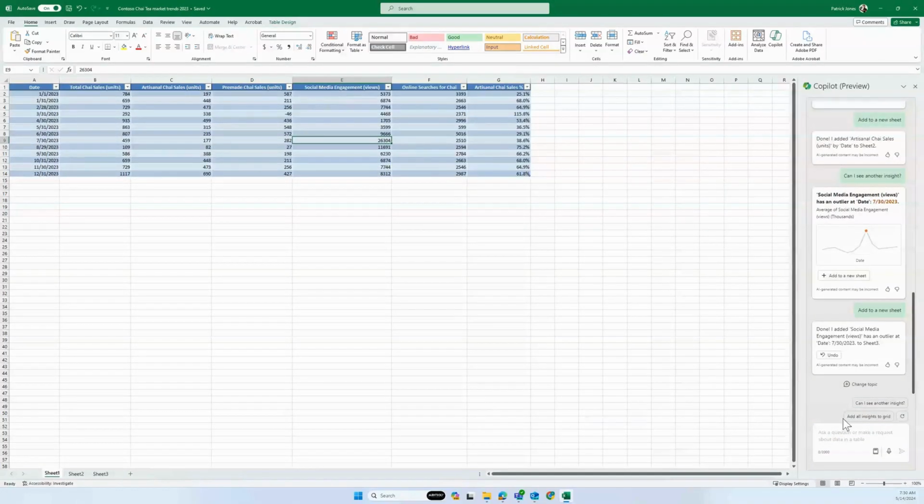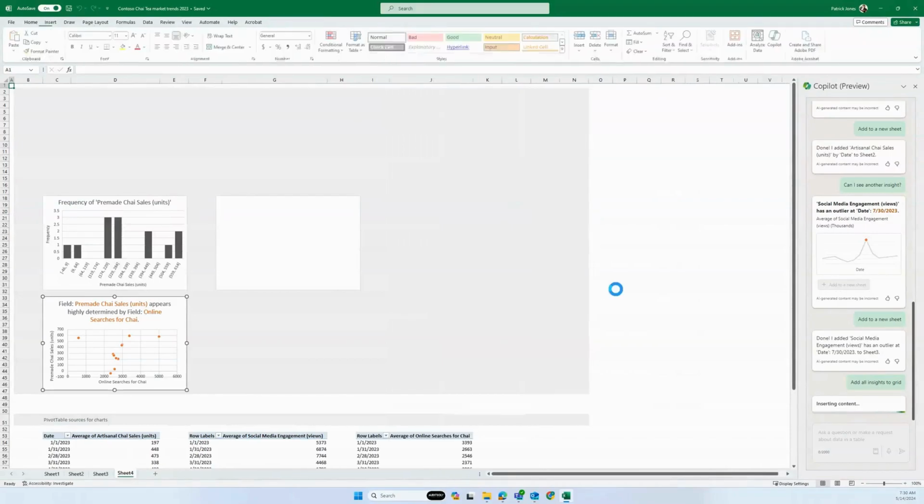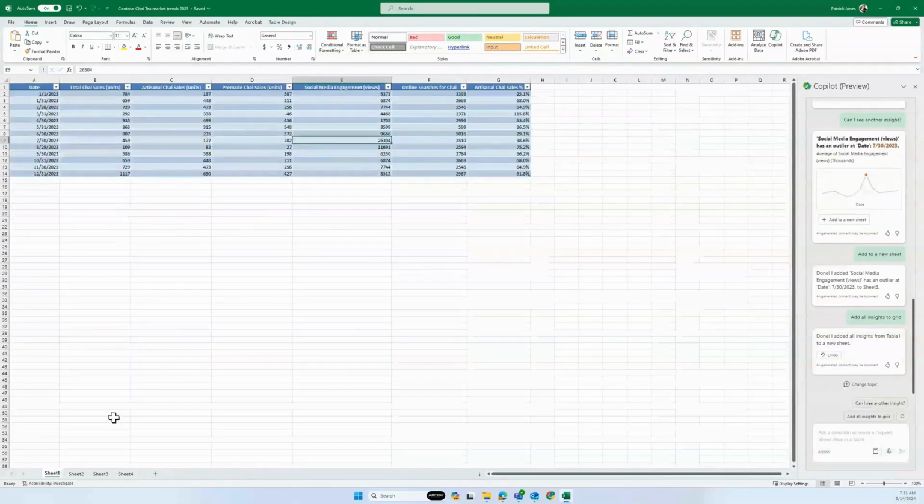that's great, but add all insights. Look at that. So now it's providing an overview of all the insights related to the data that's in there that we can use for evaluation or to incorporate into other items, such as PowerPoint or Word documents. So that's just a brief overview of how Excel has Copilot and can provide information that we can use